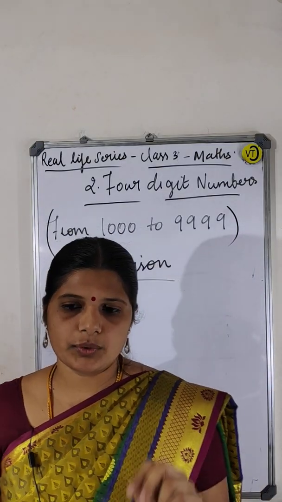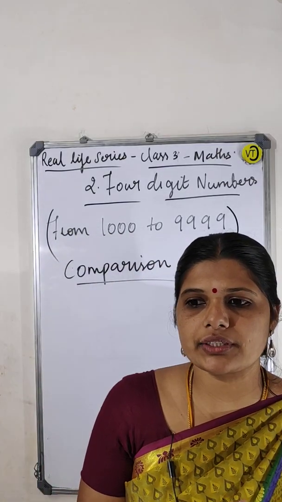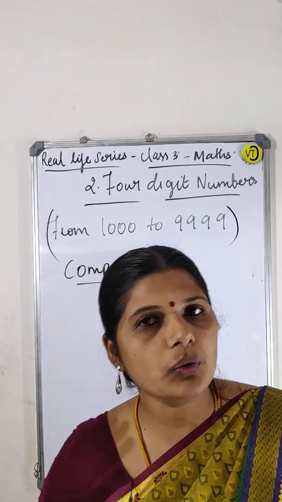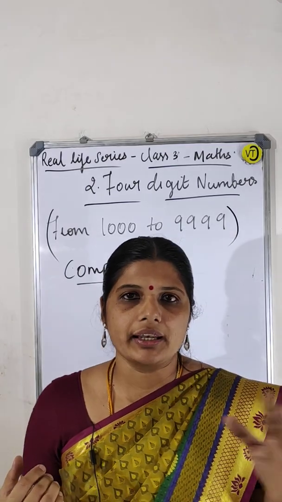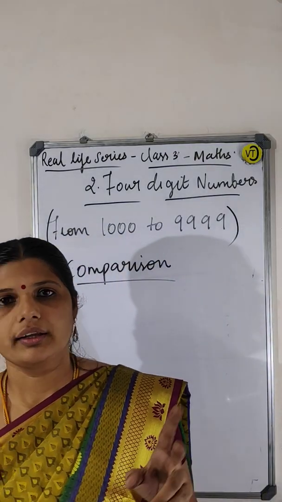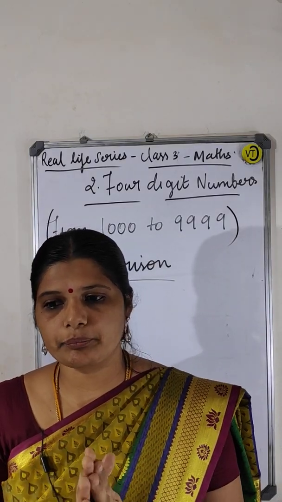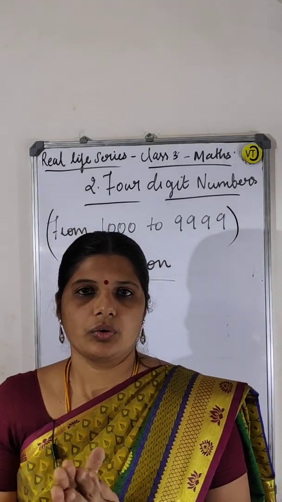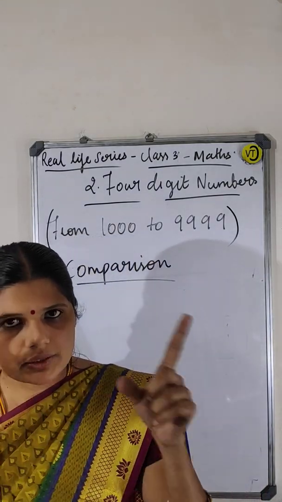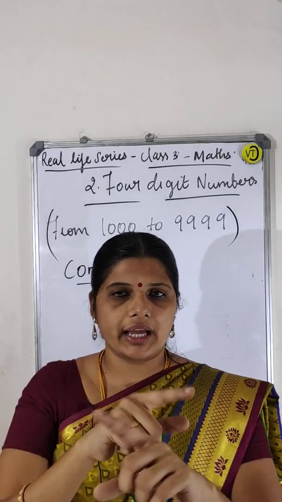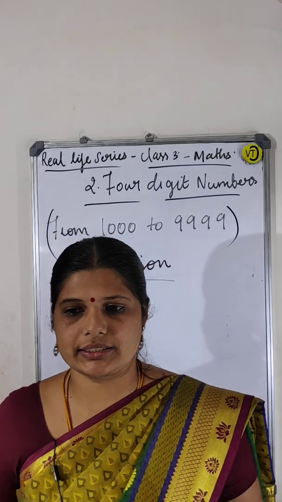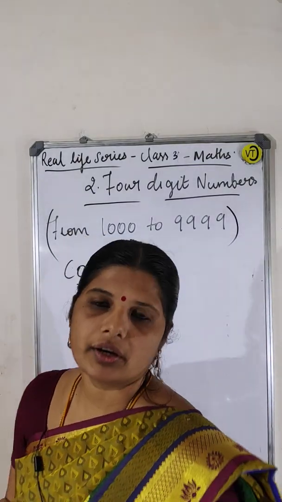Okay. Second rule. If two numerals have the same number of digits, they are to be compared by the leftmost digits. If those two are equal, then they are to be compared by the next digit. First of all you compare that first digit, leftmost digit, that is also equal, next number you go, that is also equal, next number you go. So this way you have to compare the digits. Okay, fine. So already you know this, guys.